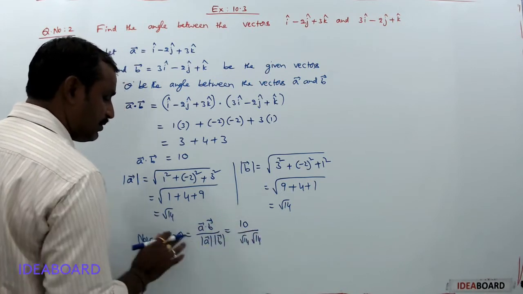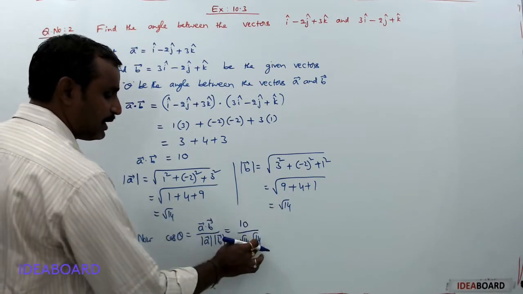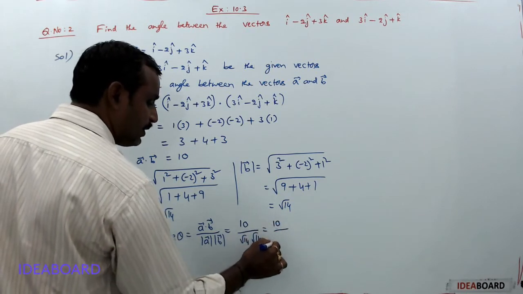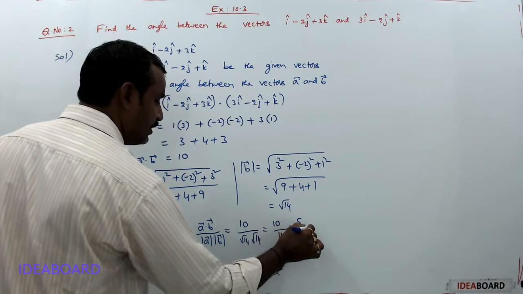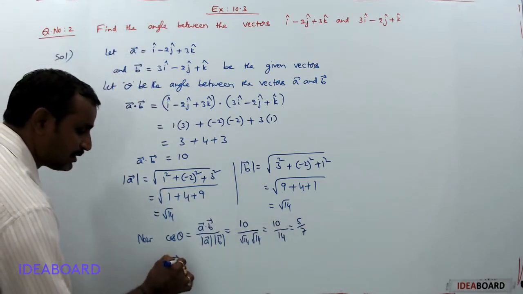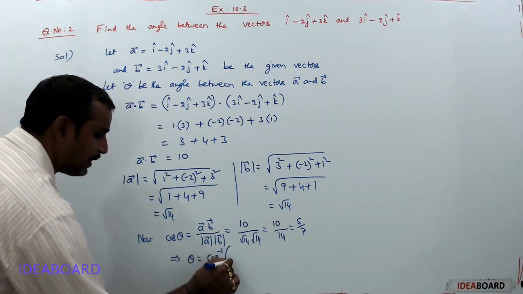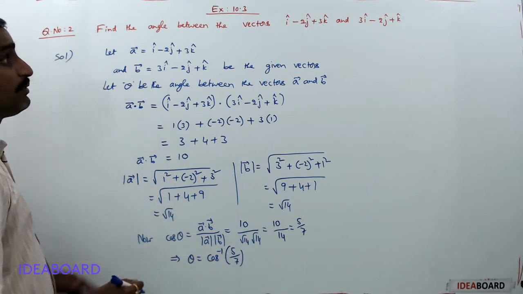The magnitude of A bar is root 14 and the magnitude of B bar is root 14; apply those values here and simplify. 10 by root 14 into root 14 is 10 by 14, which simplifies to 5 by 7. So cos theta is equal to 5 by 7, which implies theta is equal to cos inverse of 5 by 7. Therefore, the angle between the vectors